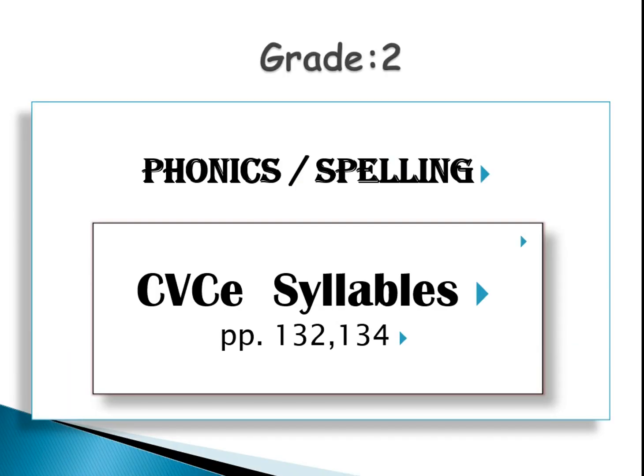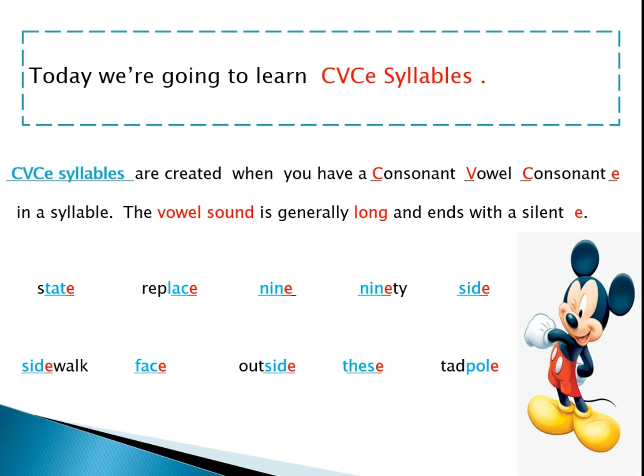Let's start. It is for grade 2. It is about CVCe syllables. It is on page 132-134. You have to know that CVCe syllables are created when you have a consonant, vowel, consonant, E in a